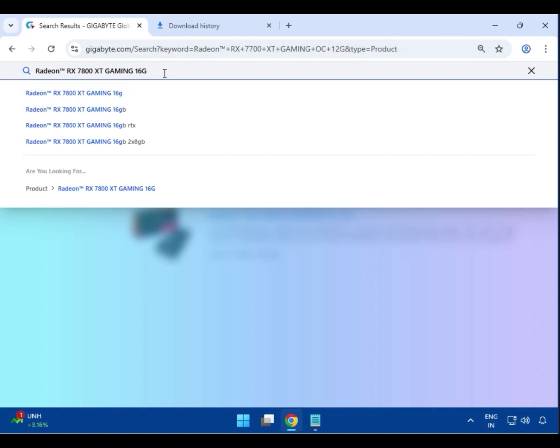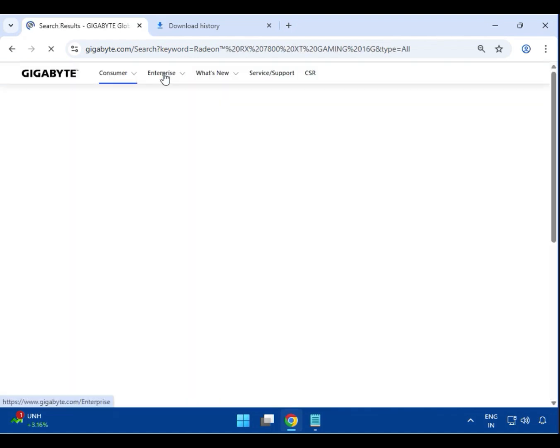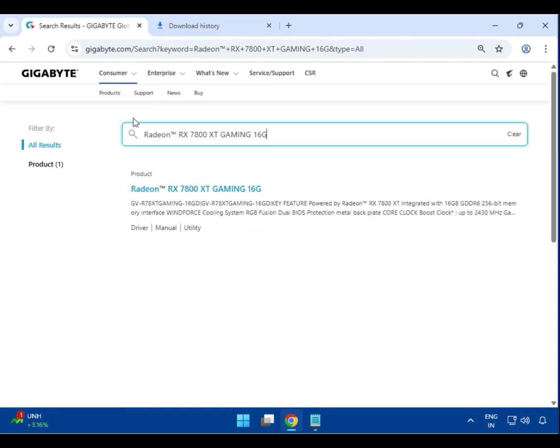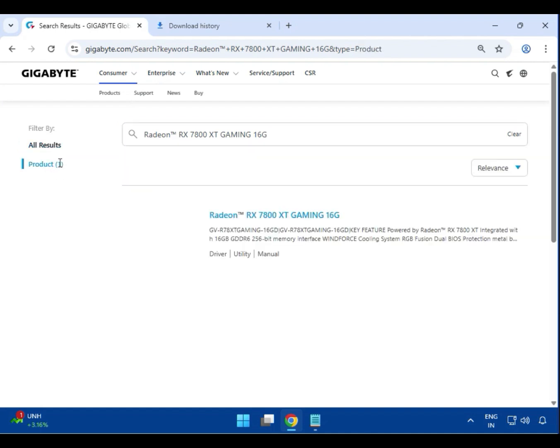Radeon RX 7800 XT gaming 16G and then hit enter. After that search your graphic card on this website. It will take some time and totally depends on your internet. After that click on the product and this is your graphic card. Click on it